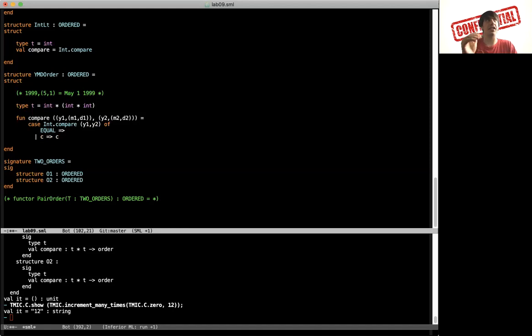If we're ordering things lexicographically, that means first we want to compare the years. If the years are equal, then check the month and days, and otherwise, for example,